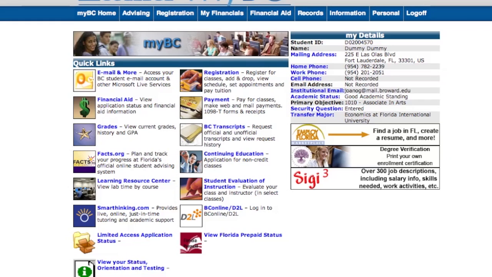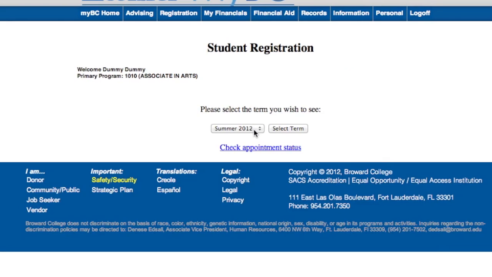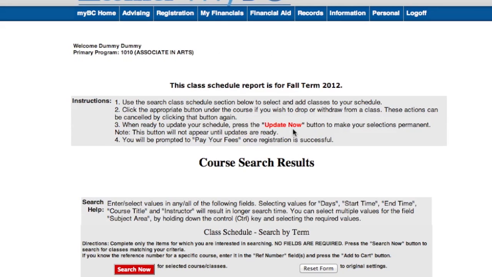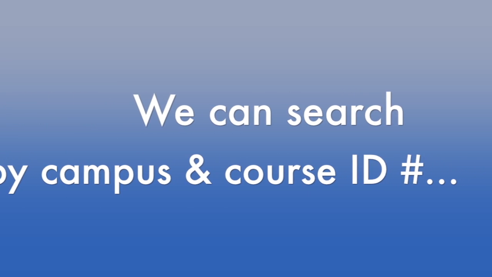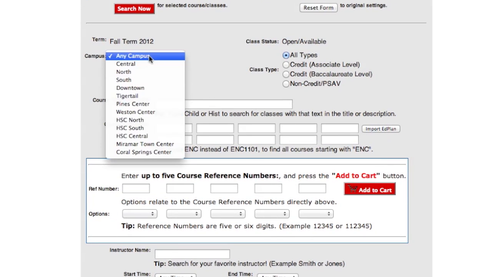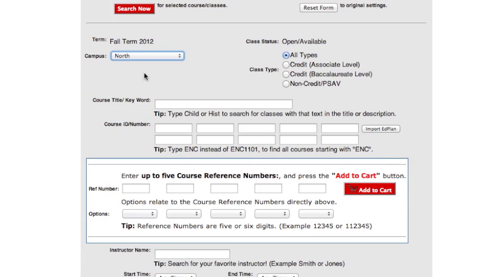Once logged in to your MyBC page, we simply click on Registration, Add, Drop. We select the term, in this case fall, and we scroll down to the search screen. We put in campus, in this case for our pretend student, let's put in North, and then we put in